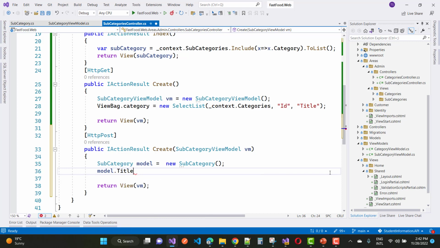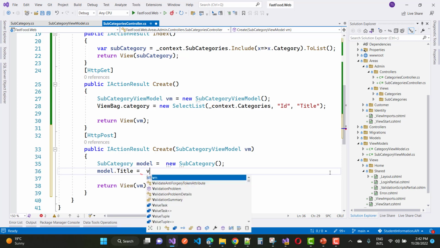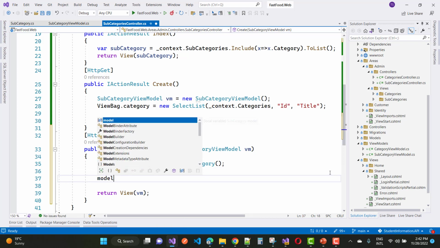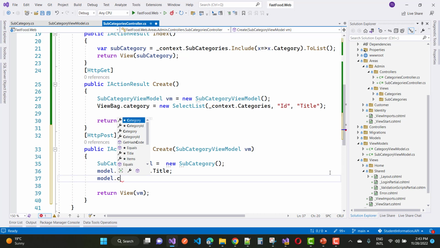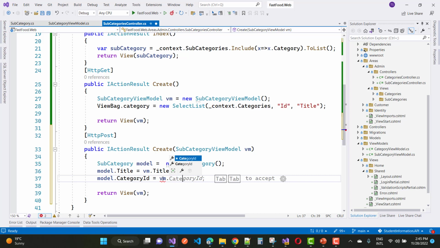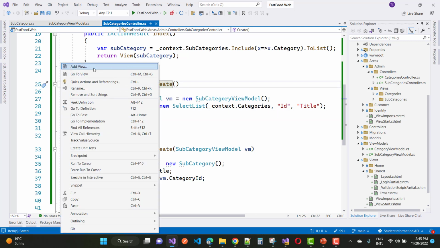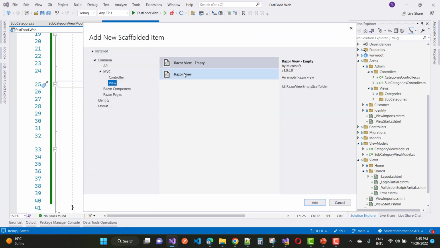So here you can see that category has an HTTP post action method, and when we submit the subcategory view model in the post action method, first of all create a model and initialize all the properties of the model by using the VM, that is the view model, and category also inside the view model. So just vm.categoryId. You can see that. Okay, so everything is clear in the create get action method and the create post action method. And the next thing to do is the edit action method of